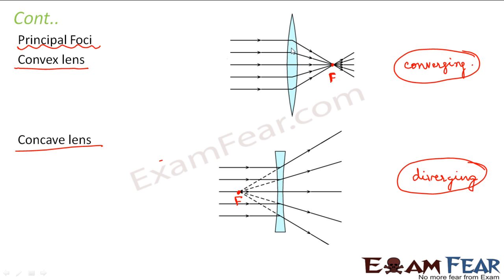So the focus of this surface, the focus which is on the left hand side, is known as F1, right? And the focus which you see on the right hand side is known as F2. So this is my F2, that is also known as the second principal focus, and the focus of this surface which lies somewhere on this side is known as F1, the first principal focus. So there are two principal focuses, first principal focus and second principal focus, right?